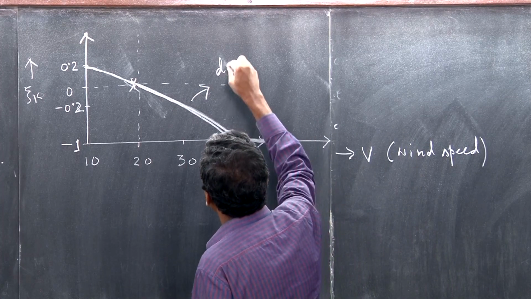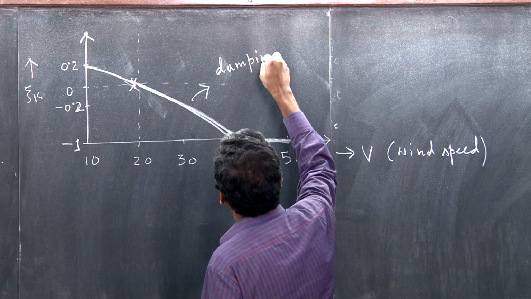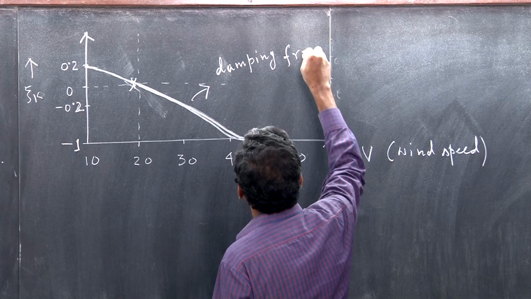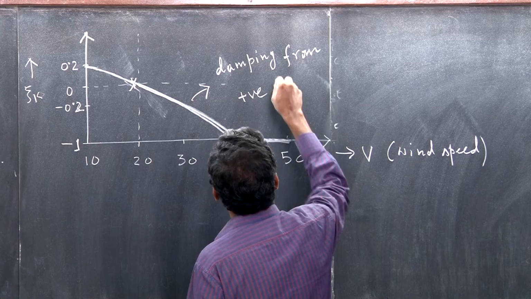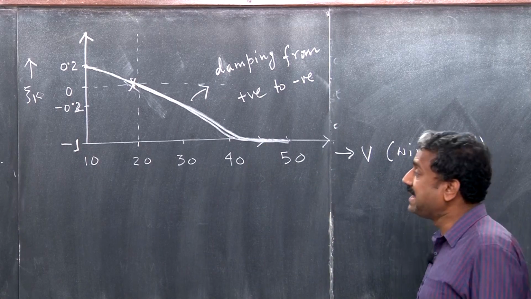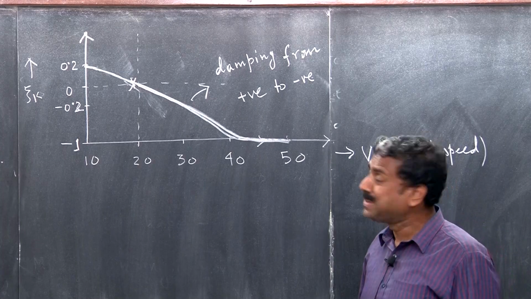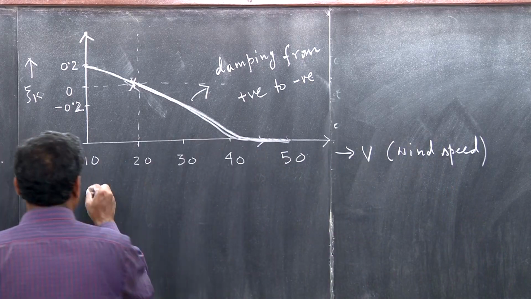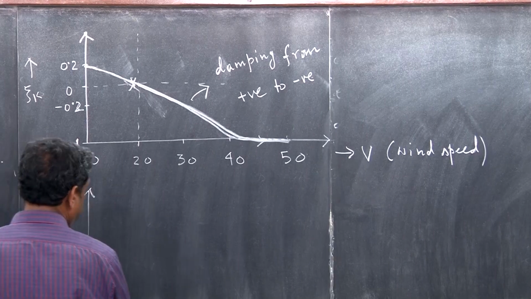So, damping from positive to negative, negative damping as high as 100%. Do you see that? And what will happen to the respective omega? The omega value